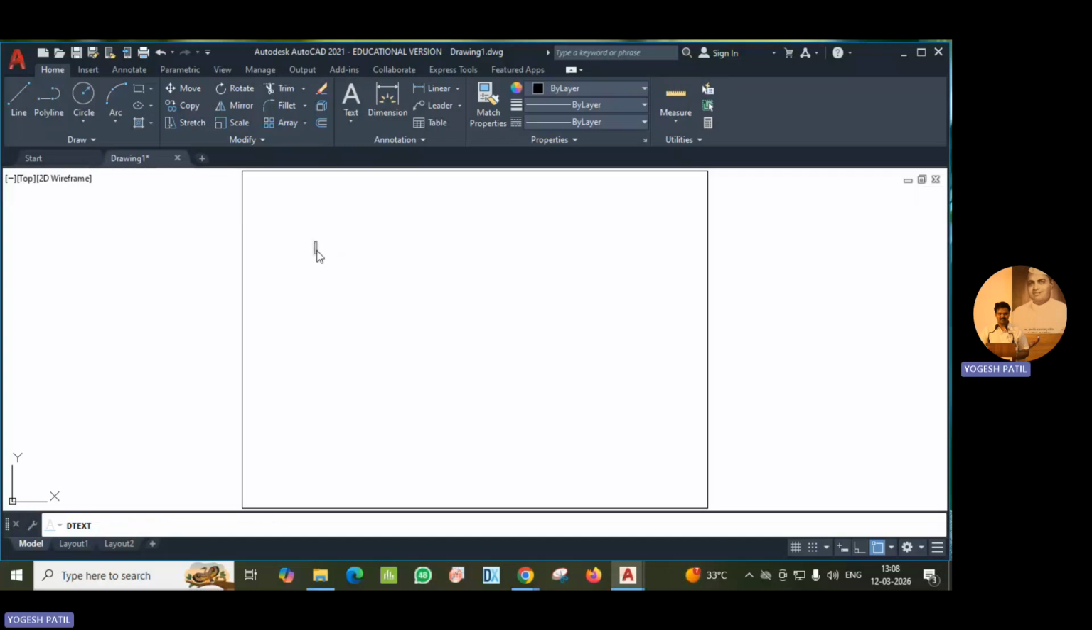So now the text box opens. When I add the text and I click outside, you might have observed that the text box vanishes. Here I am not getting multiple text boxes. To overcome this problem, you just type